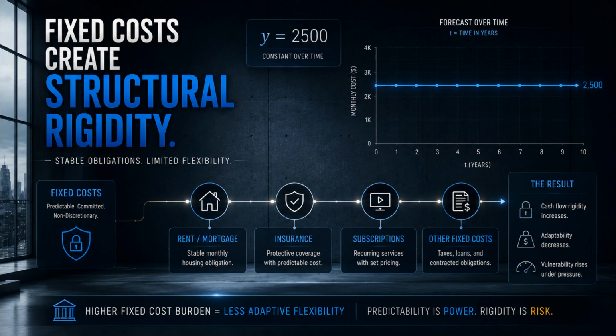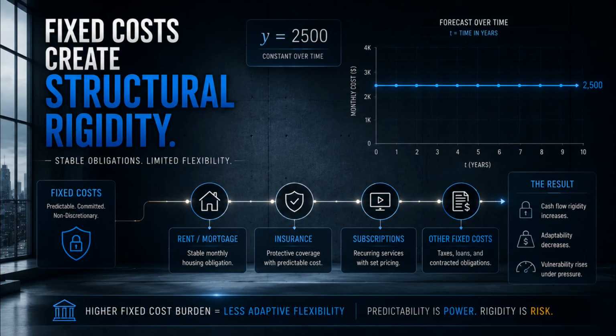Let's begin with fixed costs. Fixed costs are relatively stable financial obligations that do not fluctuate dramatically with short-term behavior. Examples include rent, mortgage payments, insurance premiums, subscription services, property taxes, internet plans, and some loan payments. Now, fixed costs are not truly fixed forever. Rent can increase, insurance can reset, a mortgage can renew, subscriptions can rise, but over a short forecasting window, fixed